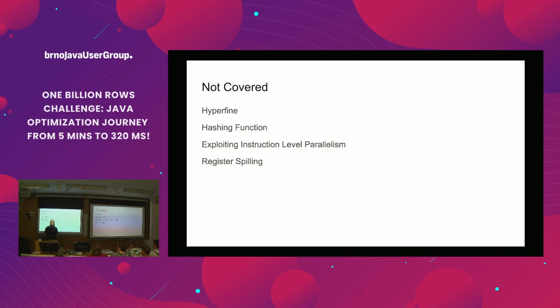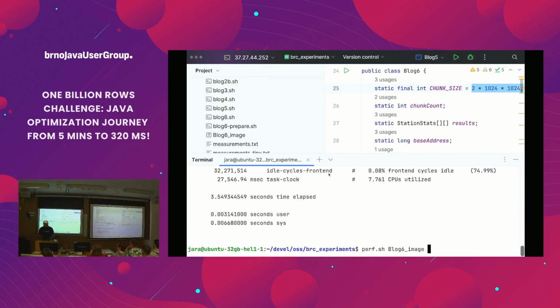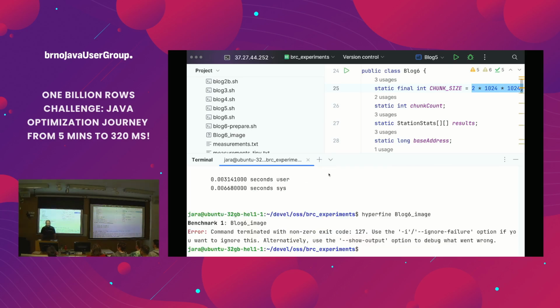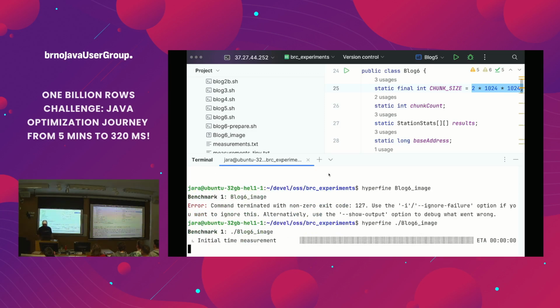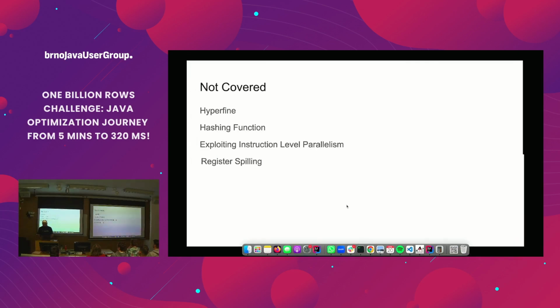What I haven't covered in this talk, Hyperfine. Hyperfine is an awesome tool. I haven't covered it, but I'll show it anyway. Sorry, Martin, because it's so awesome. Hyperfine is a little tool for quick benchmarks. It basically executes whatever you want multiple times. It does some warm-up iterations, and then shows you some basic statistics. It has some parameters. I didn't know it before this competition, and it's perfect to get a quick feeling of how your implementation is performing. So that's good to know.